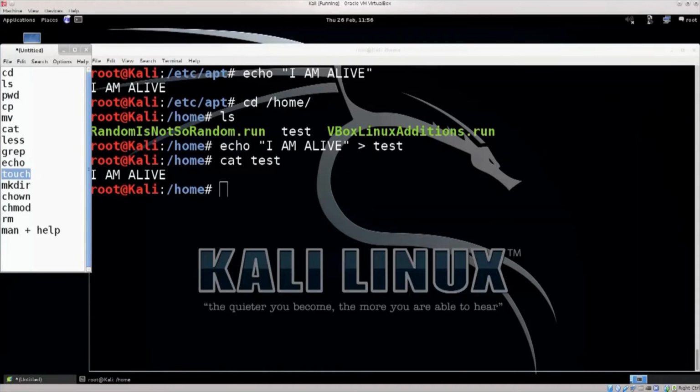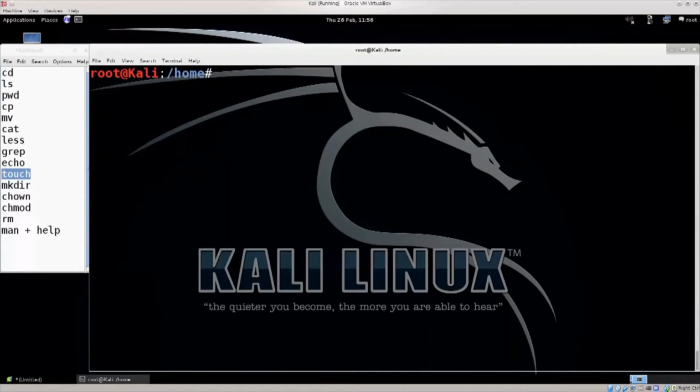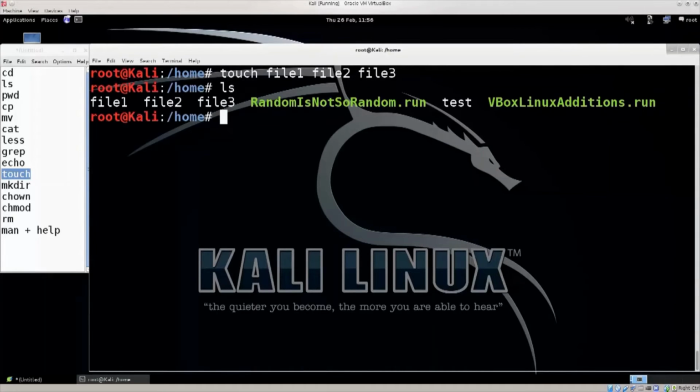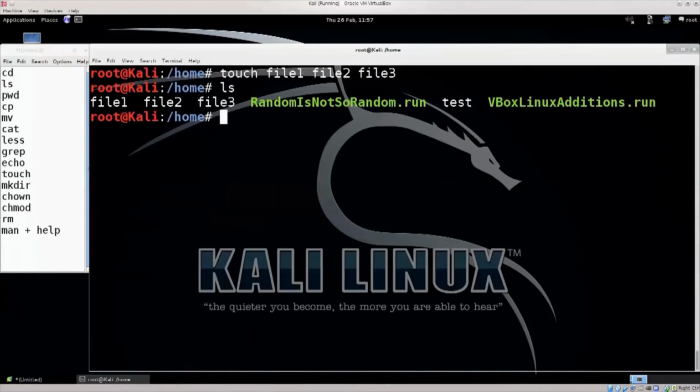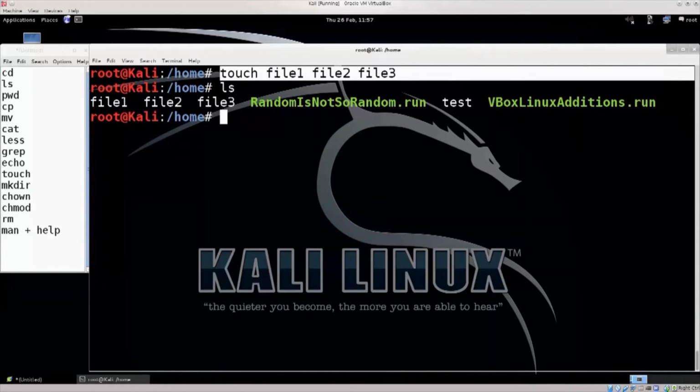We have touch. Touch is a quick way to create files. So for example, I can do touch and say file 1, file 2, file 3. Press enter, ls, and you see it has immediately created 3 files. So touch is a very quick method. Anyway, touch is a very quick way of creating any amount of files that you wish, and you can specify